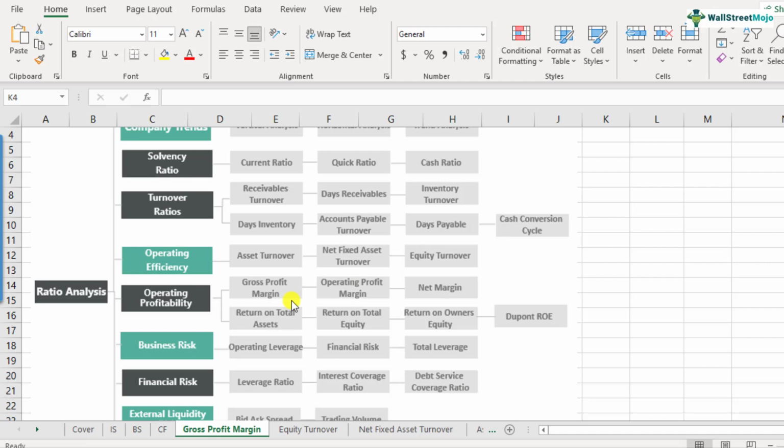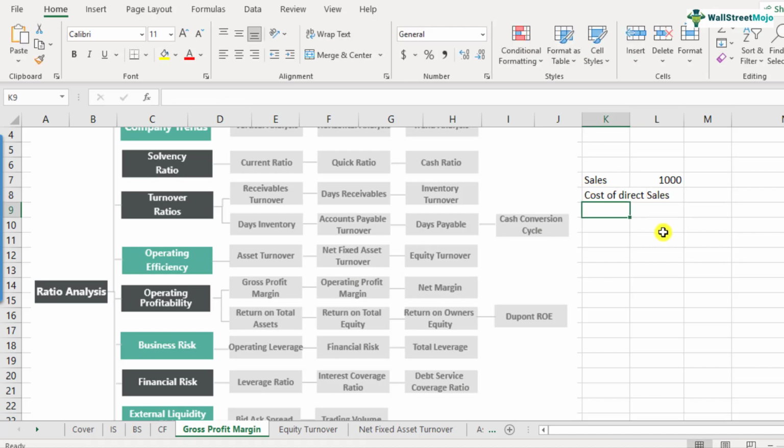So what is gross profit? Let's say as a company, you've done some sales. Whatever is the cost of direct sales, once you deduct that cost of direct sales, you get gross profit. I'll explain that with the help of an example. Let's say you've done sales of 1,000. There would be cost of direct sales, like some cost associated with the selling process as well as procurement of raw materials.